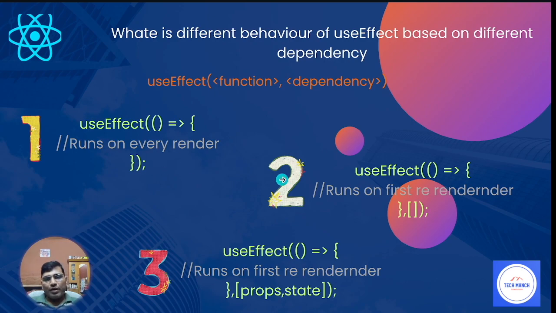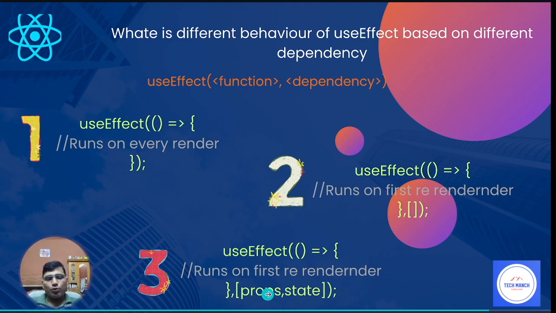Number two, when we pass an empty array as the dependency parameter, then only on the first render will useEffect be invoked. Number three, when you pass some state and props in the array, useEffect will only be called whenever these properties change,